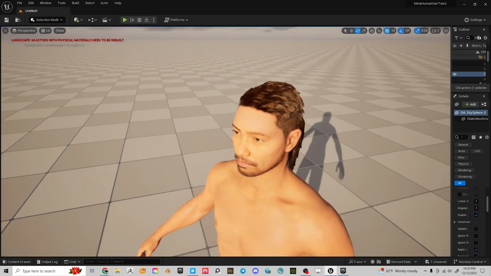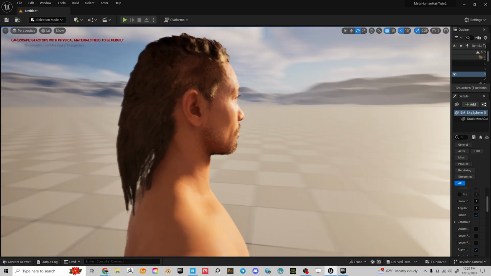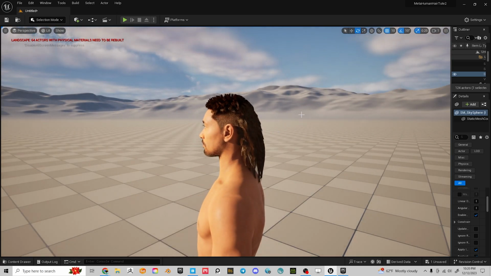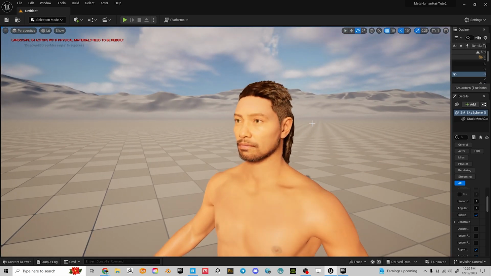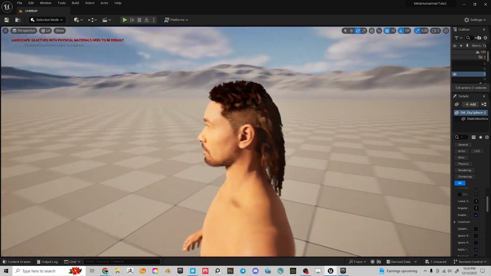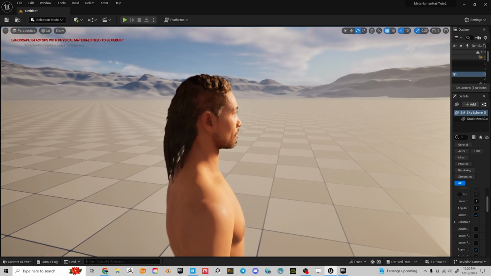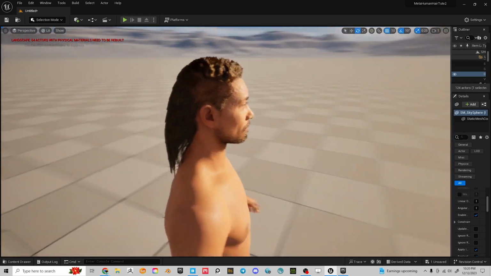I'm going to be using XGen in Maya, and we're going to be exporting an Alembic out of Maya and then importing it to our MetaHuman, and we'll be able to attach it to our MetaHuman, create a binding, and then turn on our physics so that the hair can react to gravity and wind and all that. So by the end of this tutorial, you'll know how to create custom hair for your MetaHuman and attach it